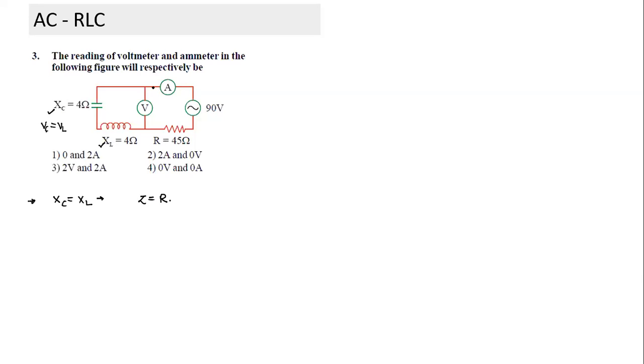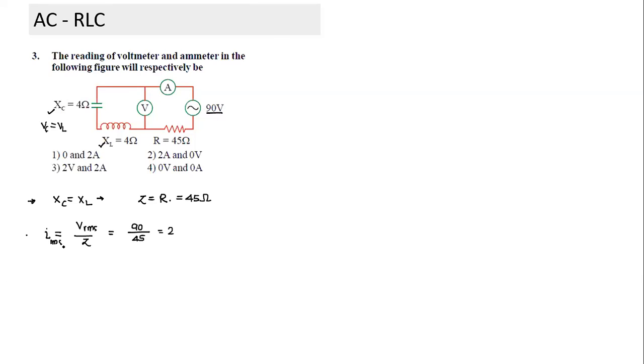And can you tell me what the ammeter reading is in that case? It becomes a normal circuit. Impedance is equal to R, which is 45 ohms. When I write the value of current, first I have to think, am I writing RMS value or peak value? Here when 90 volts is given, is it RMS or peak? RMS. Unless it is written as a sine term of peak value, this is an RMS value. So IRMS will be equal to VRMS by impedance, which is equal to R itself. 90 by 45.